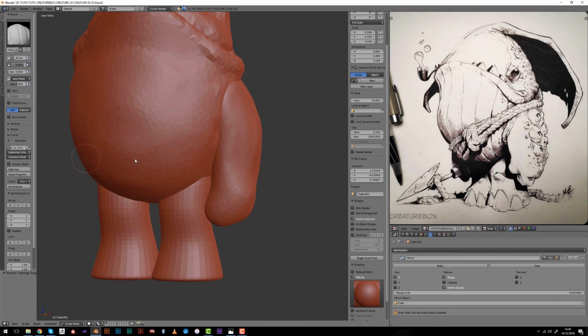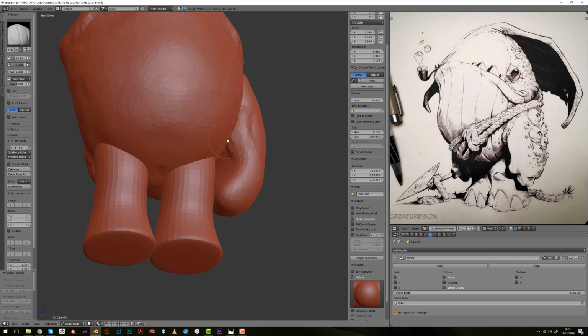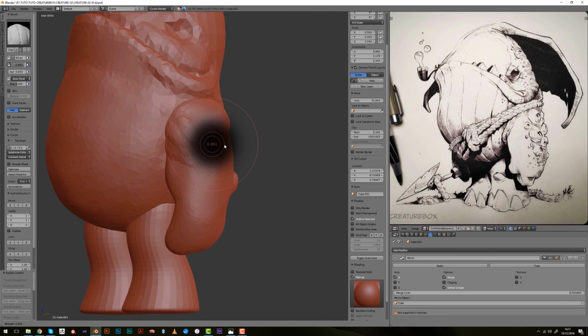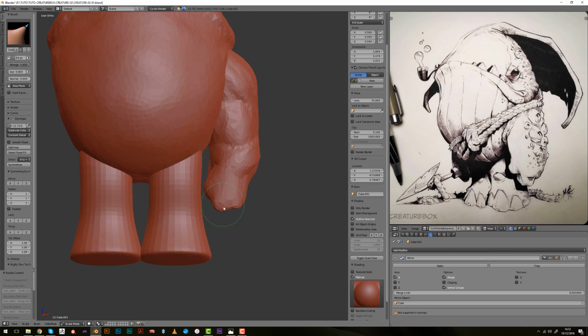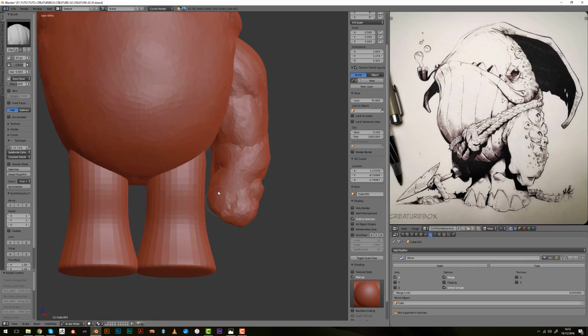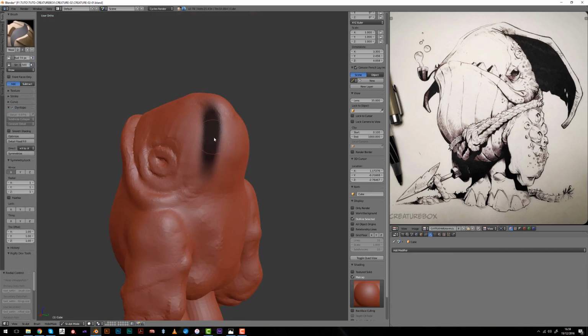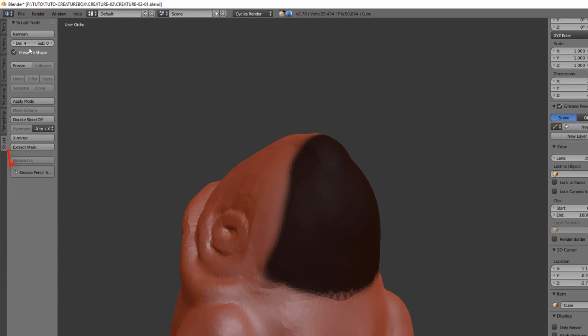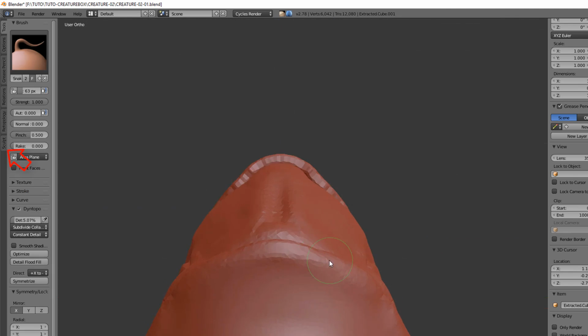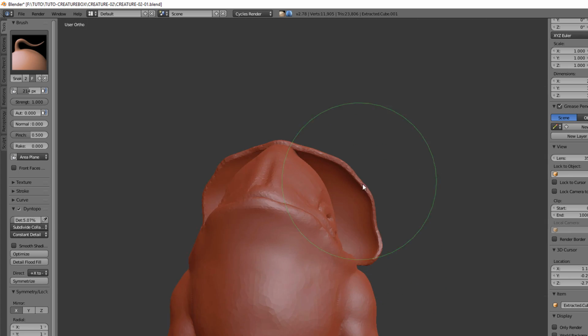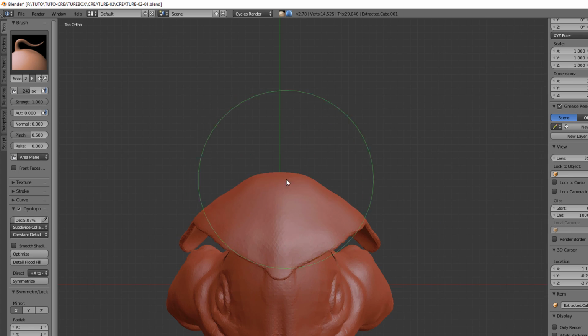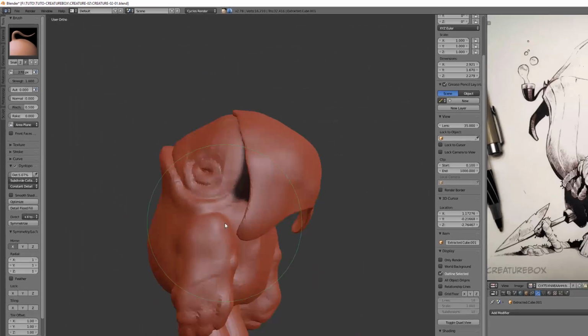I've kept the arms, legs, and the body separated for a while because it was easier for me to hide them, and it was more convenient to sculpt the different features. I'm using the sculpting add-on, which allows me to extract the masked part as a new mesh and start sculpting the tail of the whale.